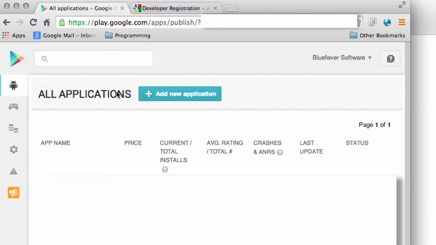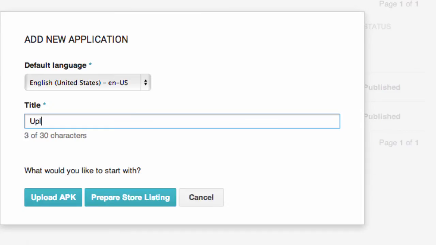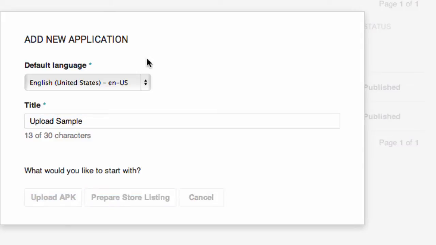The main thing is you're logged in. You can see I'm logged in with Blue Fever Software at the top here. And now to add our new application, just click on Add New Application. I'm going to call it Upload Sample. And we've got the choice of uploading the APK or preparing the store listing. So I'm going to go to Prepare the Store Listing, and